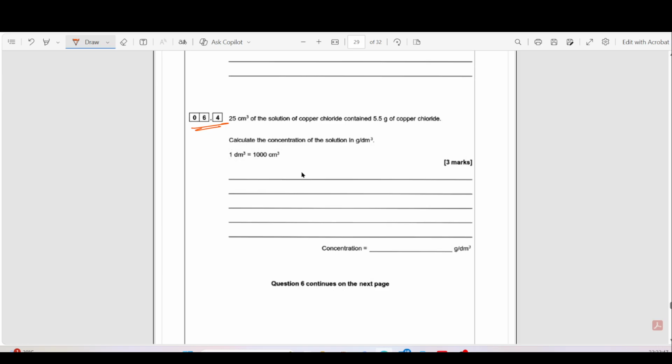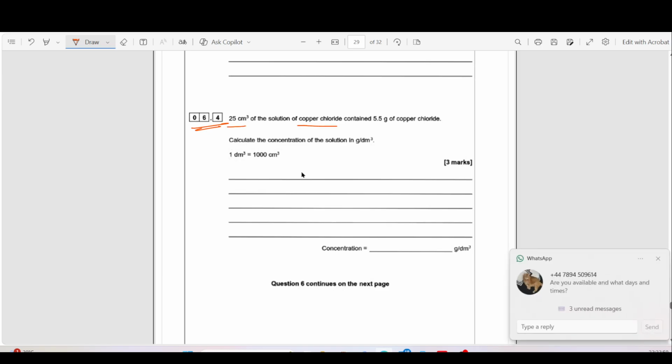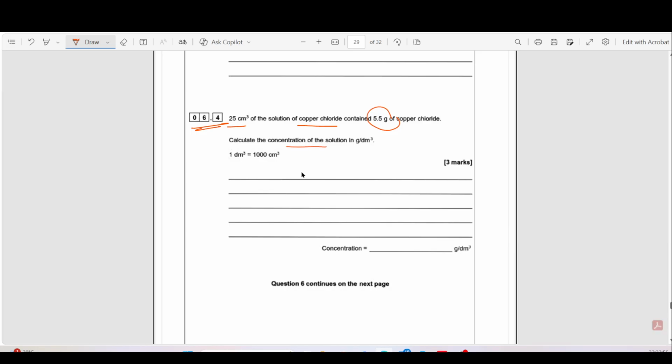It says 25 centimeter cube of solution of copper chloride contains 5.5 gram of copper chloride. Calculate the concentration of the solution. We have to calculate the concentration. Okay, so first we'll convert this centimeter cube into decimeter cube. So the volume is in centimeter cube, right? We'll convert it into decimeter cube. So we'll divide it by 1000 because one decimeter cube contains 1000 centimeter cube, which will be 0.025